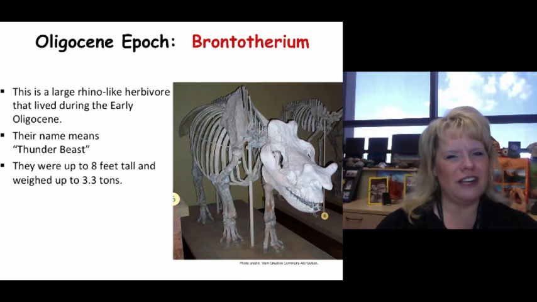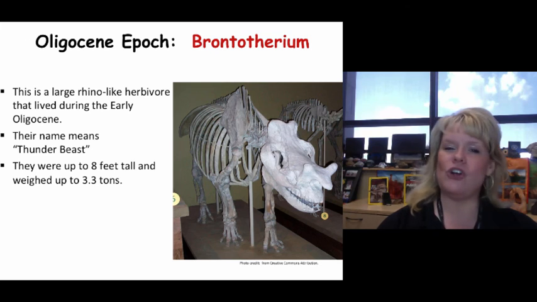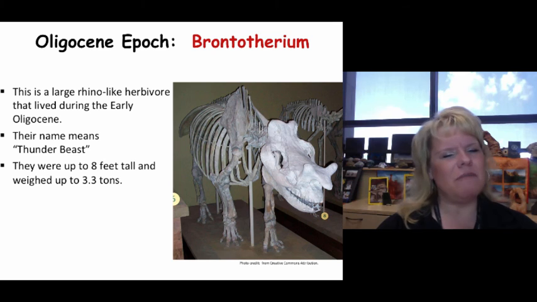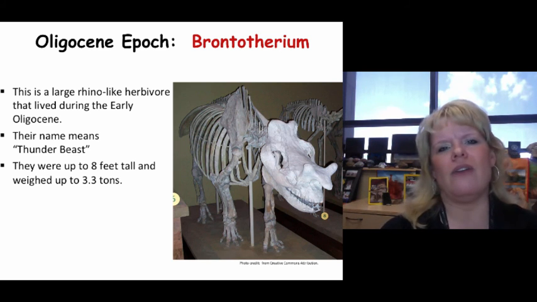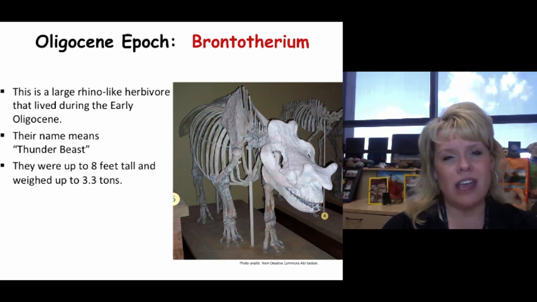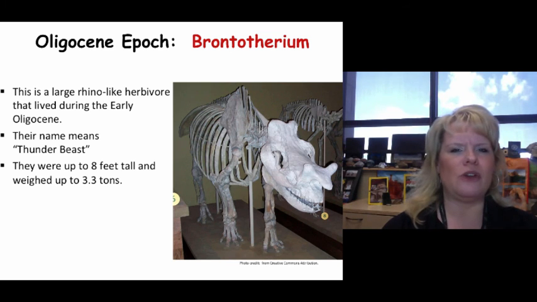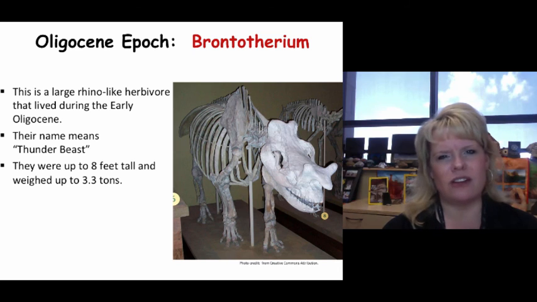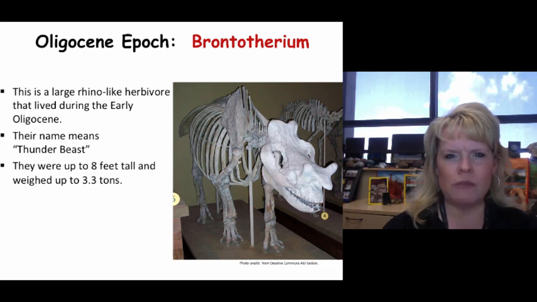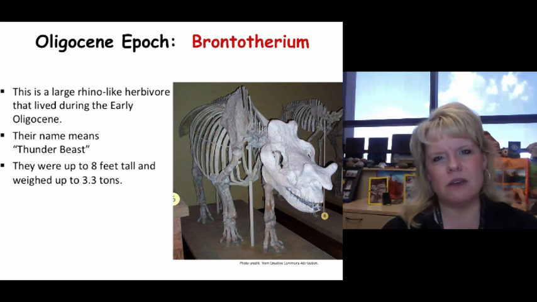The Brontotherium, one of my personal Oligocene favorites. This is a large rhinoceros-like animal. It was an herbivore of its time. An interesting story here: his name means thunder beast. So let me give you the background. The Sioux Native Americans associated this animal with thunderstorms. If you understand where they live in South Dakota, that's not far from the Badlands, and these bones would appear after a rain event, likely washed out